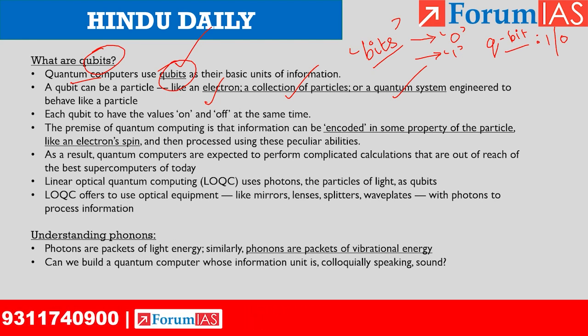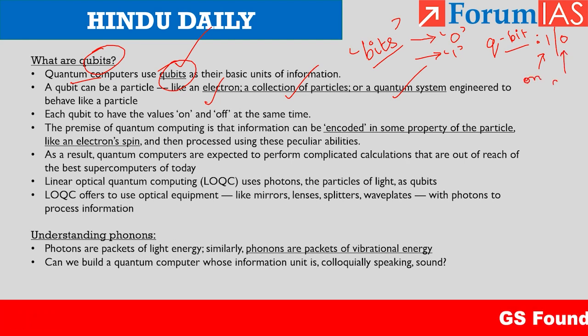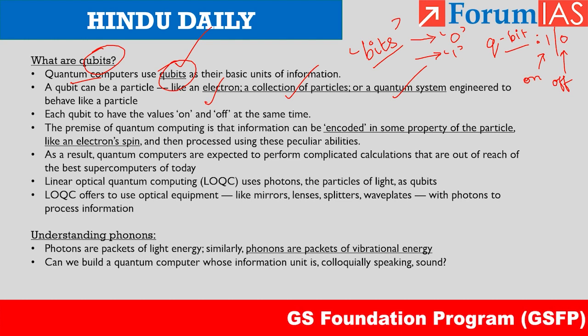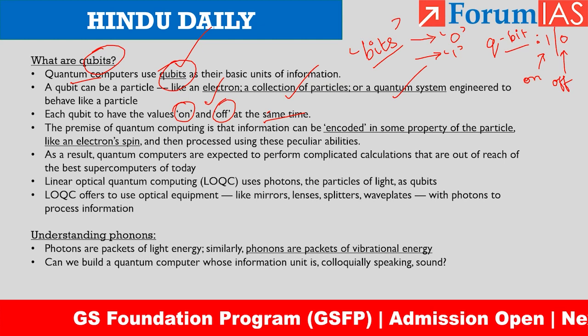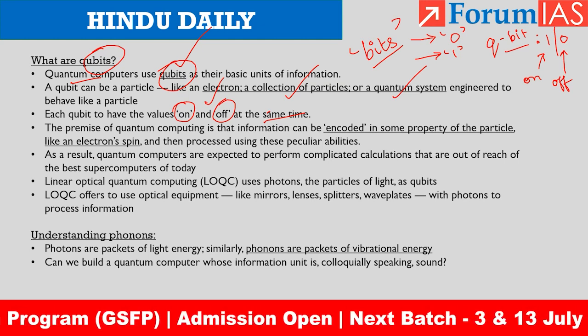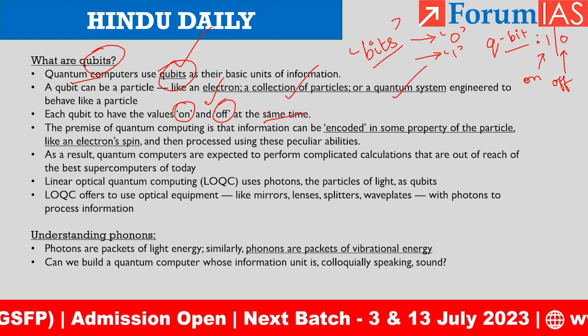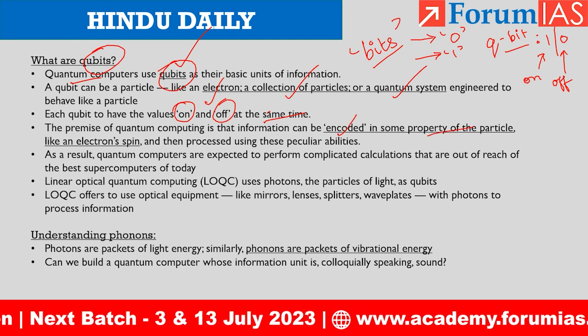That is, 1 means on and 0 means off. So each qubit can have the values on and off at the same time. So what happens is, in a quantum computing system, information can be encoded in some property of a particle like electron